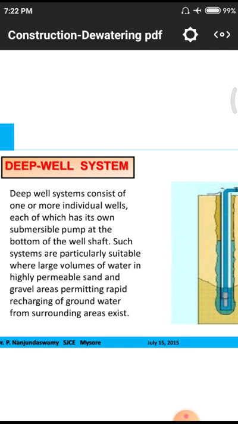Highly permeable means the sand, normally sand, has the capability of bulking. Whenever there is water in the surrounding substrata of soil, this sand will absorb the water and increase its volume. That property we call bulking. Due to that, water will be stored in the sand. Why? Because there may be a huge amount of voids between particles of sand, and the particle size is also larger compared to silts and clay soils.